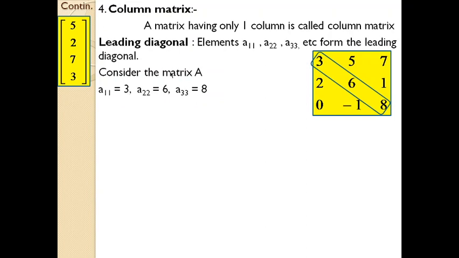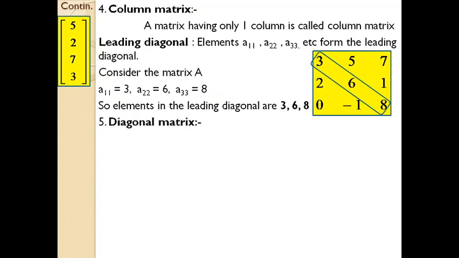If you go through the nature of the numbers, there is an increasing trend with each number. 3 has increased to 6, 6 increased to 8, and if it is going like that, with the next number increasing, then that is known as a leading diagonal. So the elements in the leading diagonal are 3, 6 and 18. Here diagonal means it is going slanting from one point to another, and it is showing an increasing trend, otherwise known as a leading trend. That's why it is known as the leading diagonal.